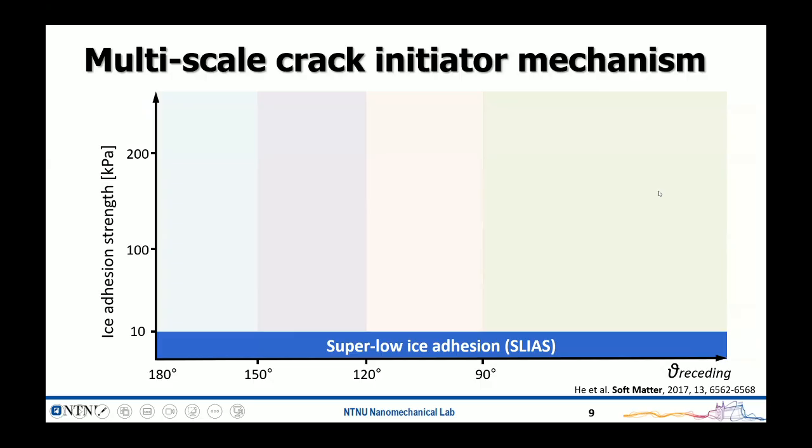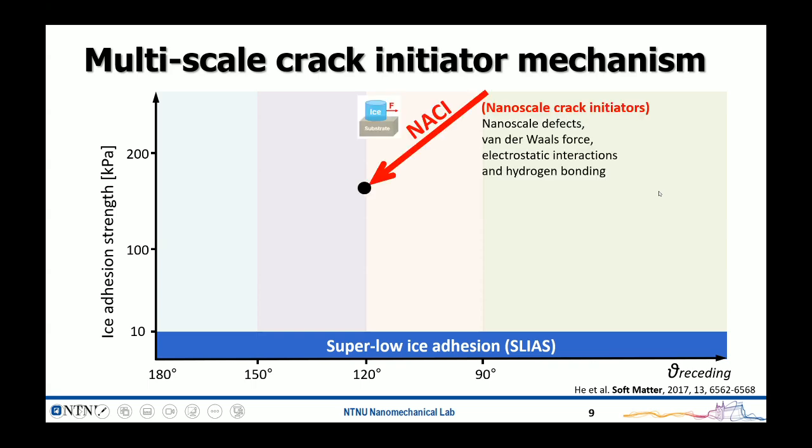So our goal is clear: to reach this 10 kilopascal ice adhesion. And then we see the water wettability correlation with ice adhesion with only the surface modification. Then we actually tune just the surface energy, and we break the bonding between ice and the surface at the atomic scale. So from fracture mechanics, we can call this a nanoscale crack initiator, and it has the minimum value around 160 kilopascal.